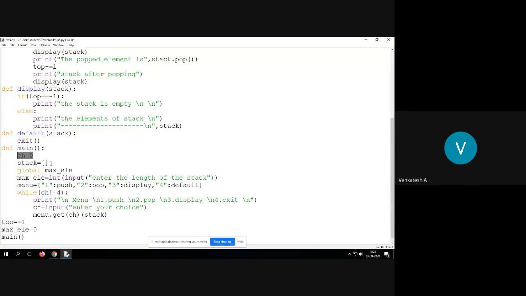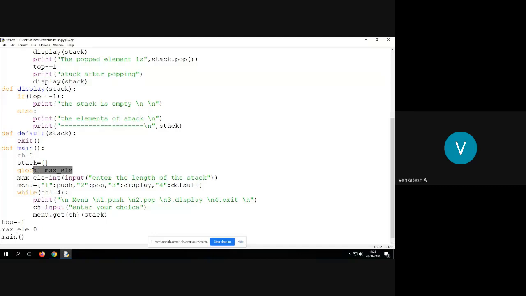Then I have an empty stack. Then I have a global variable, max element. That means it indicates the maximum length, that is nothing but n.